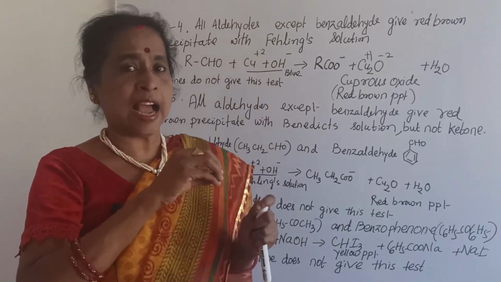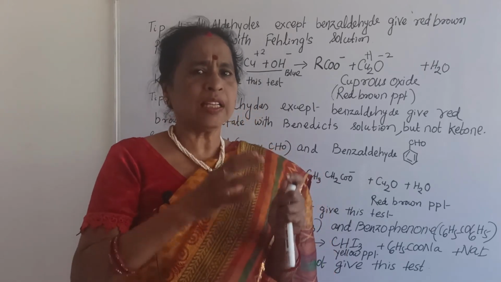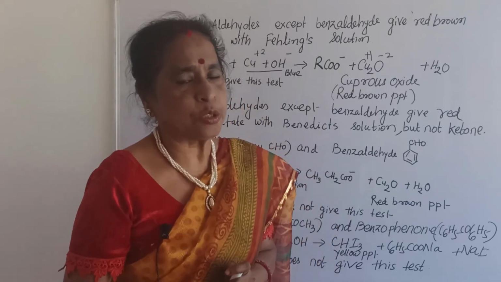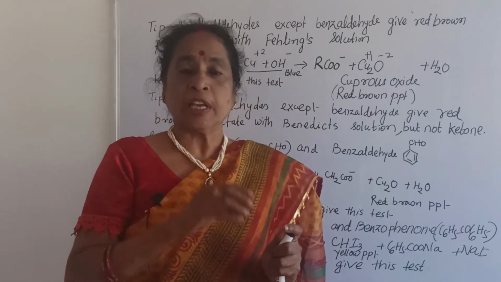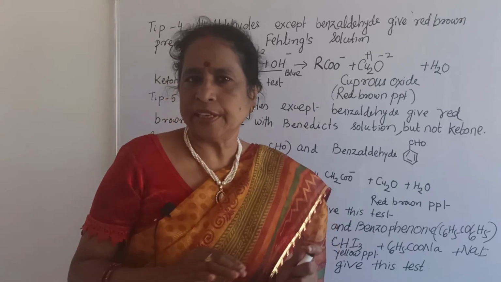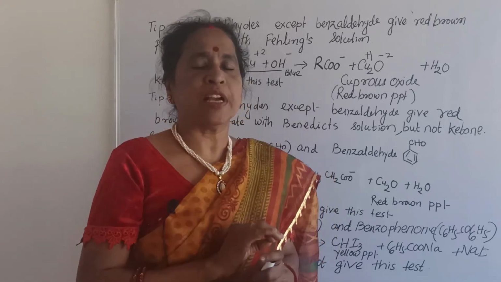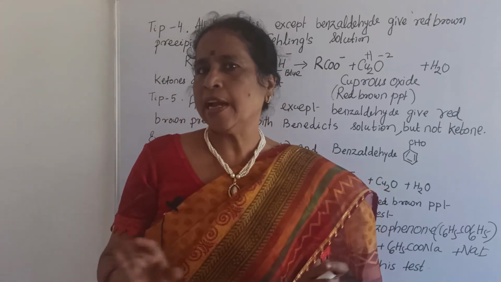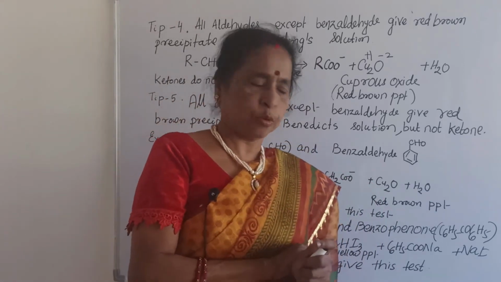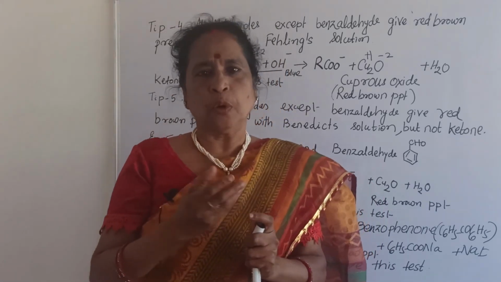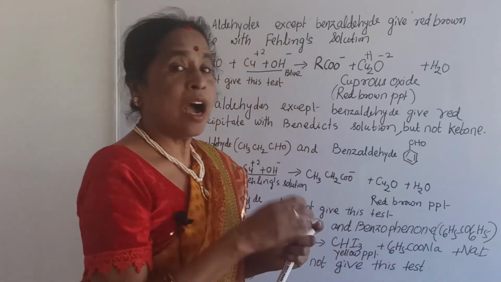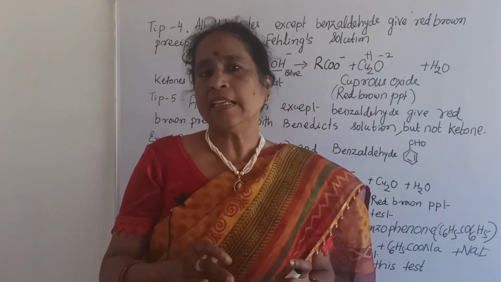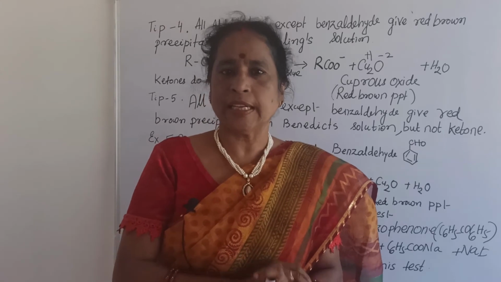That means in the aldehyde and ketone chapter, what are the important tests? One is iodoform test, one is Fehling solution, another is Benedict solution, and a very important Tollens reagent. In Tollens reagent, all aldehydes will react, including benzaldehyde. Fehling solution, only aliphatic aldehyde will react. Benzaldehyde will not react. Benedict also works the same way. And iodoform, you know, if the CH3CO group is present or ethyl alcohol is there or isopropyl alcohol is there, then all three will give iodoform test.